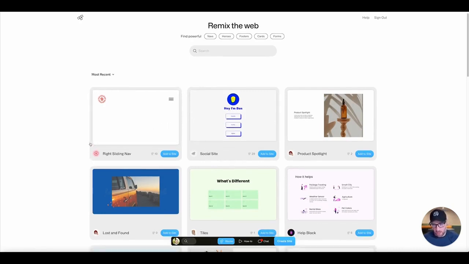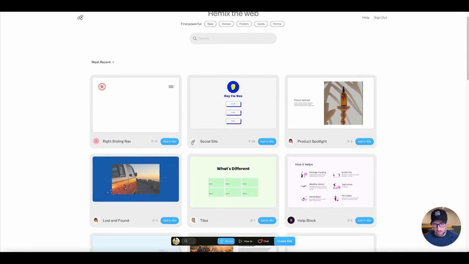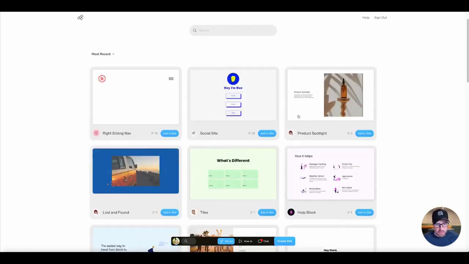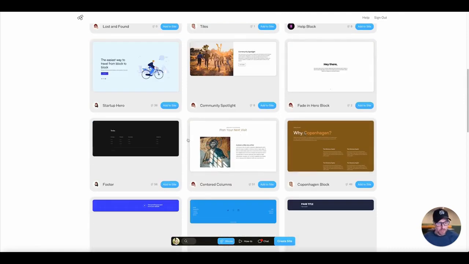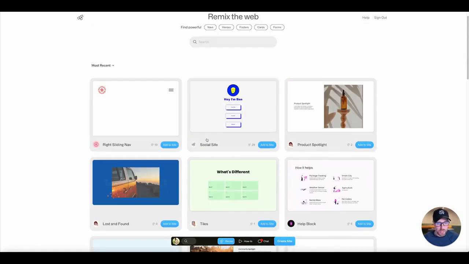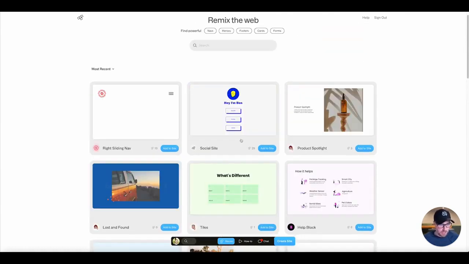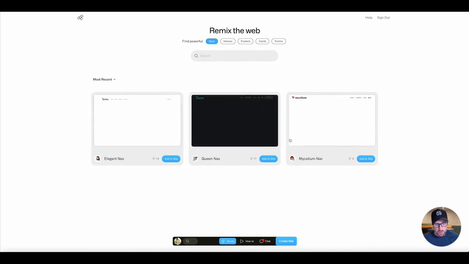So what we have here is a bunch of different creators from the public as well as The.com making different elements, everything from navigations to galleries to headers to footers to heroes to forms, anything you can really ever think of, you could bring into your site here. So let's just say we wanted to bring in a navigation into our site. There's a few different navigations here. It shows you who created the navigation. It shows you how many times it's been remixed, and then you would actually be able to add it to